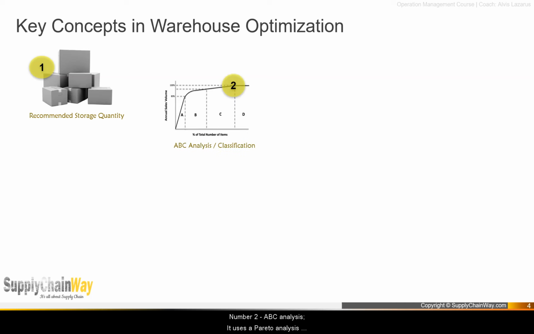Number 2, ABC analysis. It uses a Pareto analysis technique. Do an ABC analysis for fast, slow and non-movers. It is also called an FSN analysis. You can also do ABC analysis to arrive at your top performers by volumes, by sales value, or by margins. For all these things, the method you use remains the same.